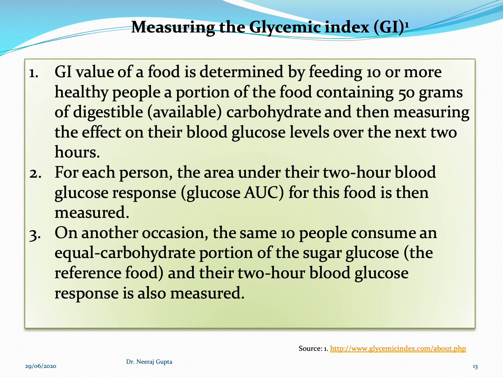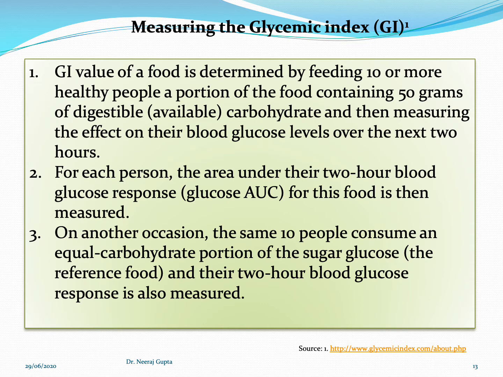Now, how do we measure glycemic index? The GI value of a food is determined by feeding 10 or more healthy people a portion of the food containing 50 grams of digestible, that is available, carbohydrate, and then measuring the effect on their blood glucose level over the next 2 hours. Just be mindful that this is the available carbohydrate. The weight of the food may be different, but the available carbohydrate should be equivalent to around 50 grams. Now, for each person, the area under their 2 hour blood glucose response,